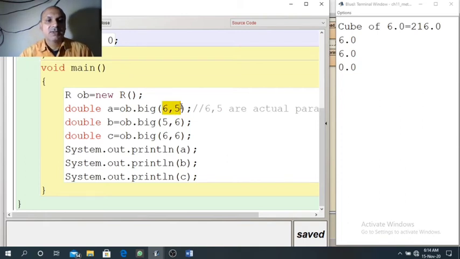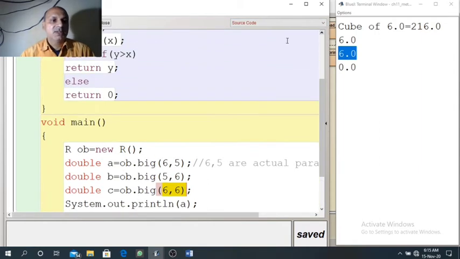So in the first case when 6, 5 was passed, A received 6.0, which is the larger of these two. In the second statement, when 5, 6 are passed as arguments, B receives the larger of 5, 6, that is 6.0.